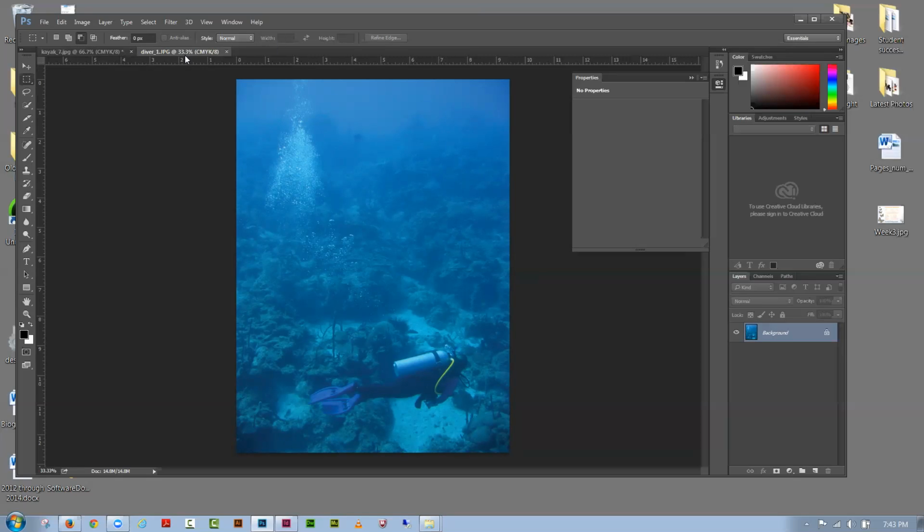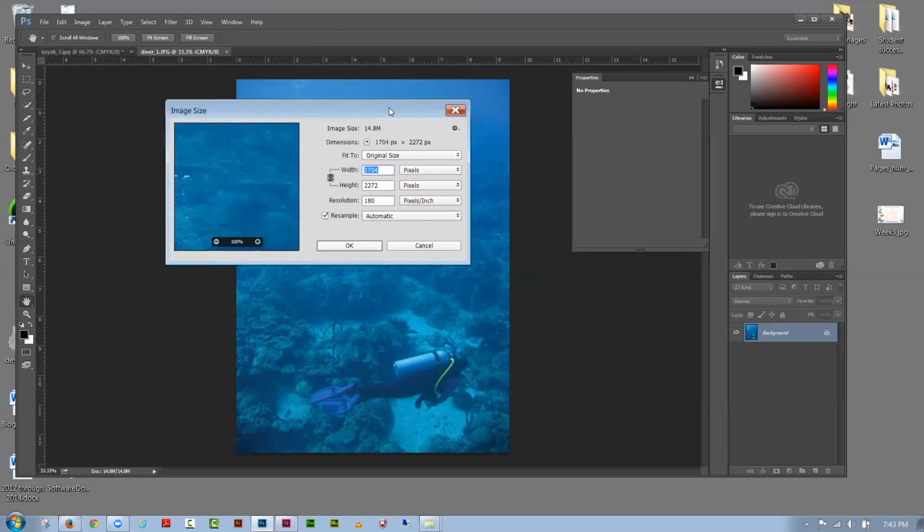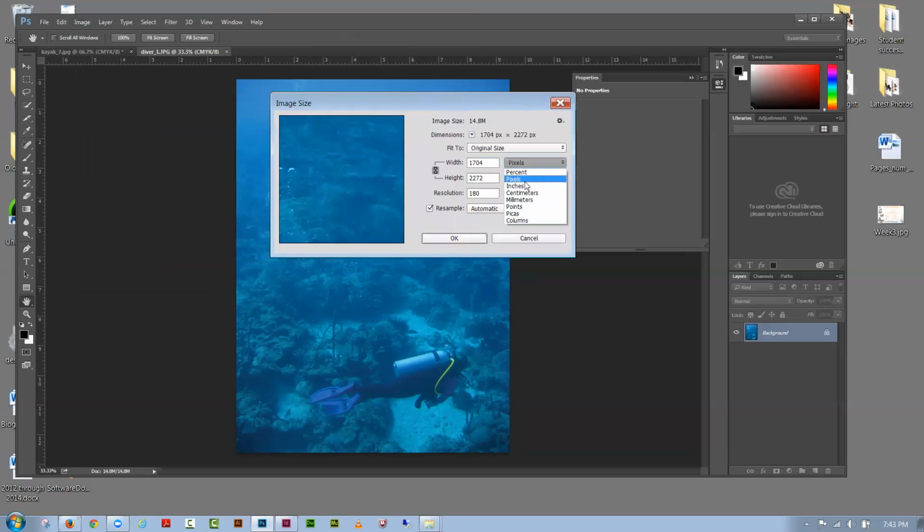So let's take a look at image size on this. Okay, so this is actually set to inches. This is a height of, actually, it's 12.5 inches high. And it's 180 pixels per inch. Okay, so we need this thing to be 11.75. We're actually going to push this, but I think we could probably do it a little bit better. I'm going to change this to